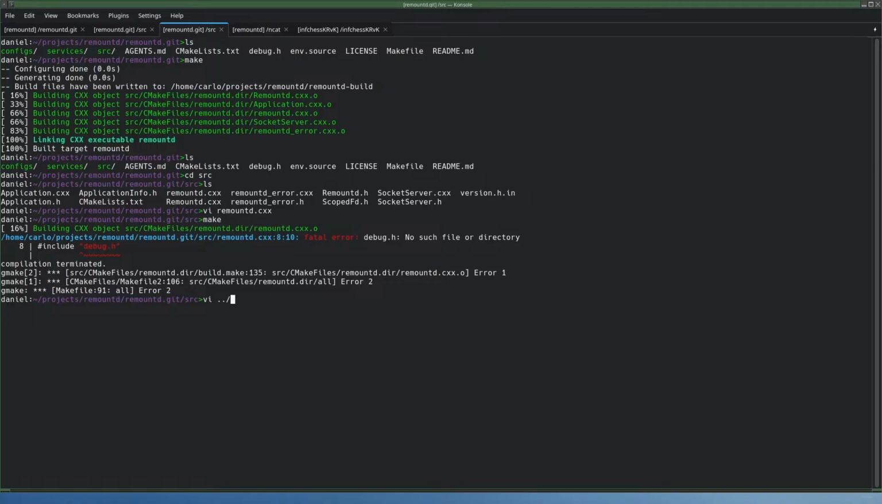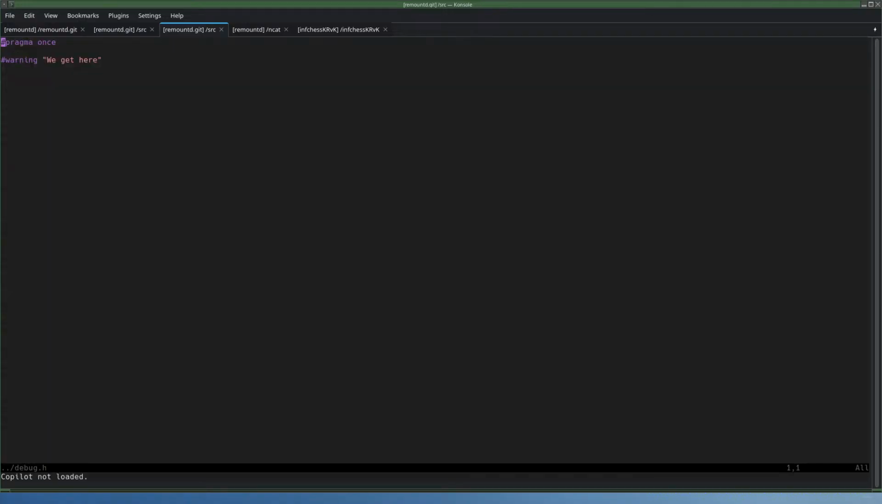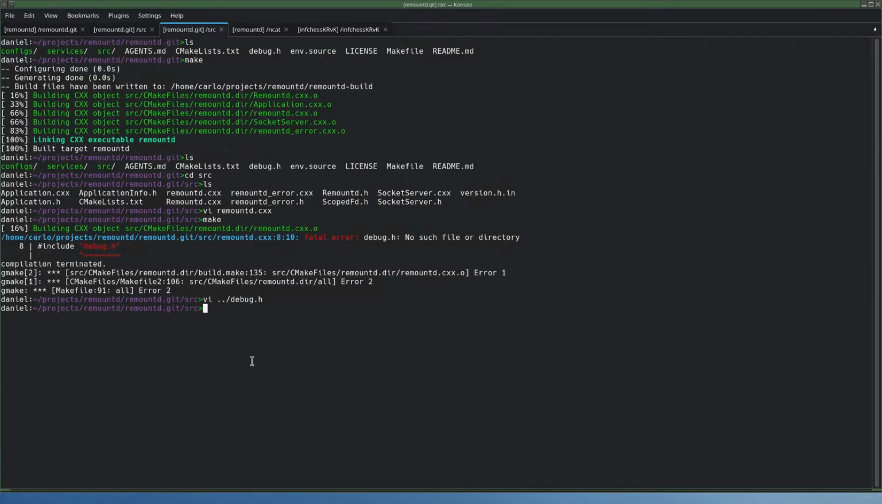So let's make a file, and that debug.h should go into the root of the project. So not in source, but in the root of the project. So I'm creating it here at debug.h. And oh, it does already exist. It tells me we get here if it is included. So why was it not included? Because